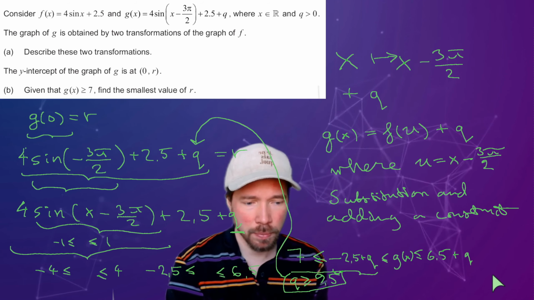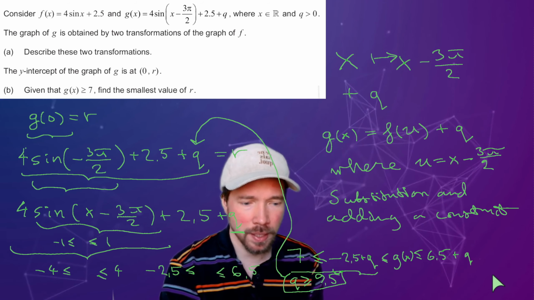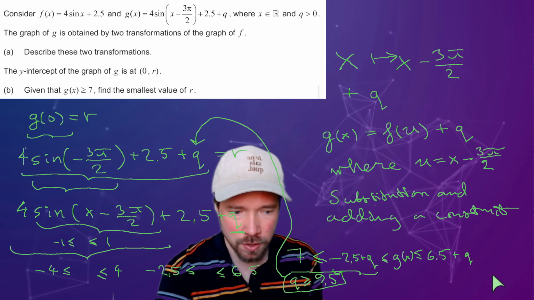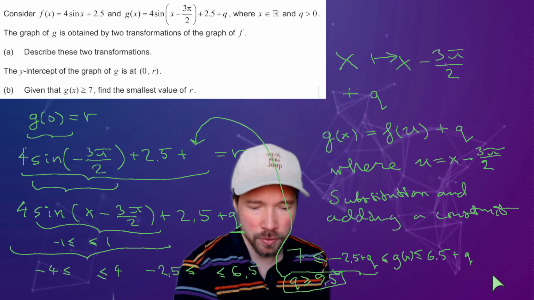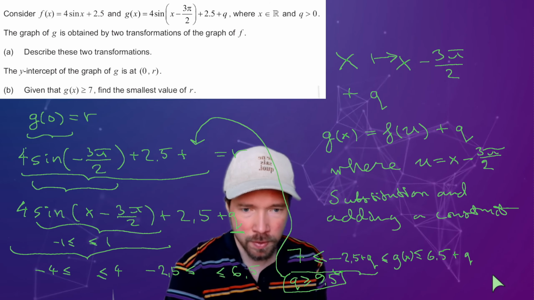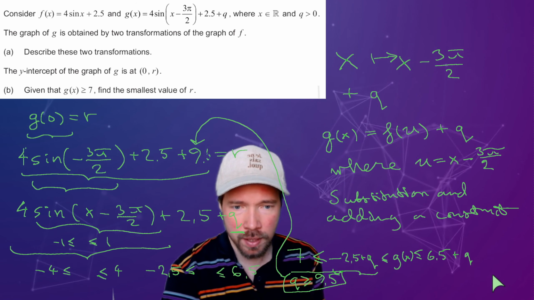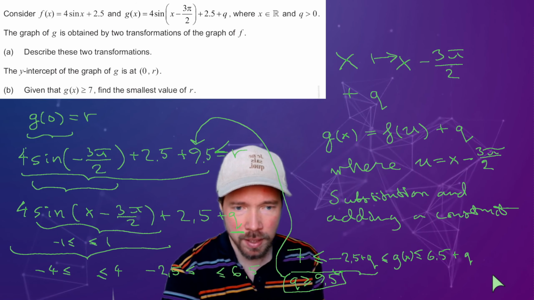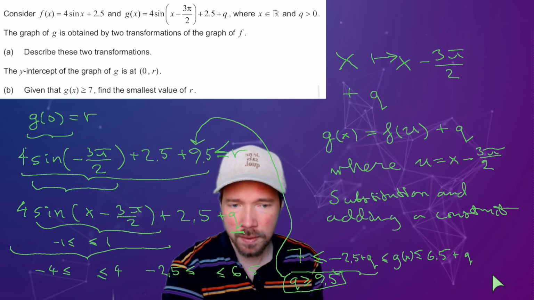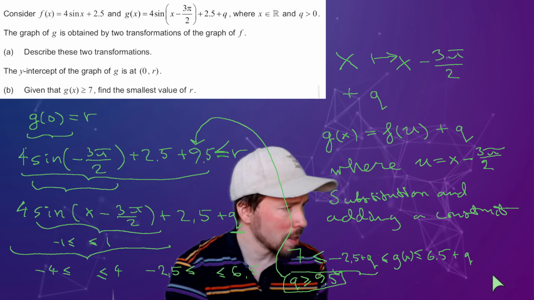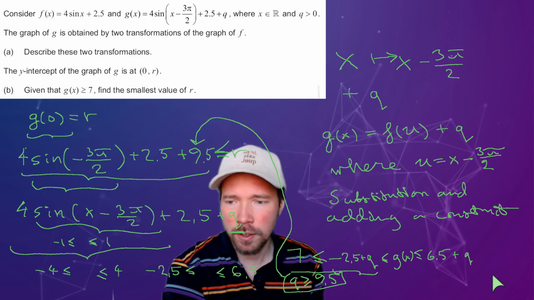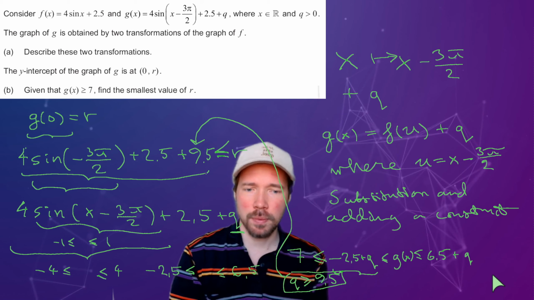So basically, if I put the smallest possible value in place of q, which is 9.5, then I get that r must be at least that. So then the smallest value of r is going to be whatever comes out from this expression,